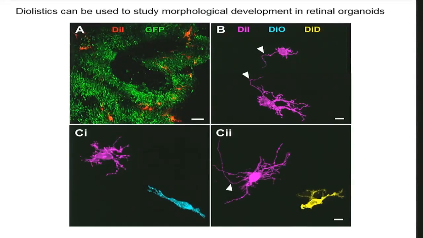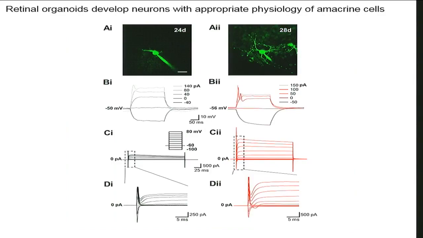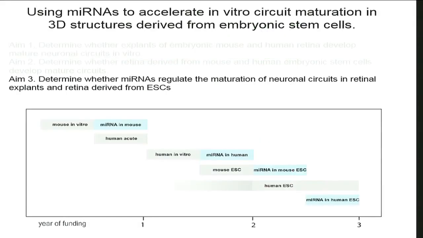So I think we'll be able to have a full description of the degree to which the circuit normally forms in organoids. Fred Rieke then can patch onto these cells, record from them, and find cells that resemble ganglion cells and amacrine cells sitting at the top layer of the organoid culture. So again, these things seem to be developing appropriately and forming appropriate synapses, although they're a little bit slower than the normal retina would be when they're ganglion cells derived from an organoid.